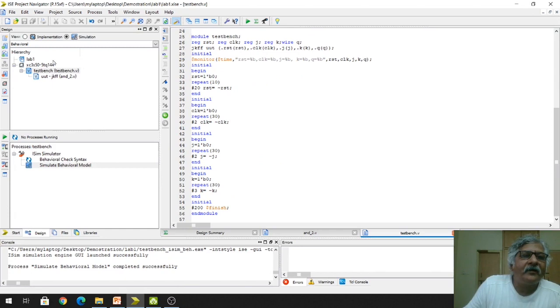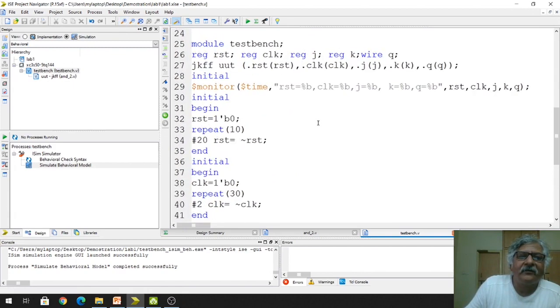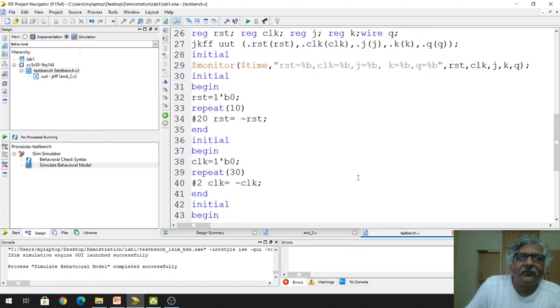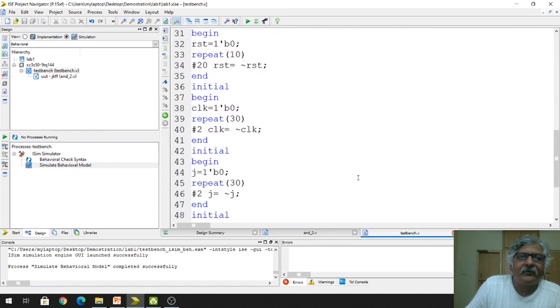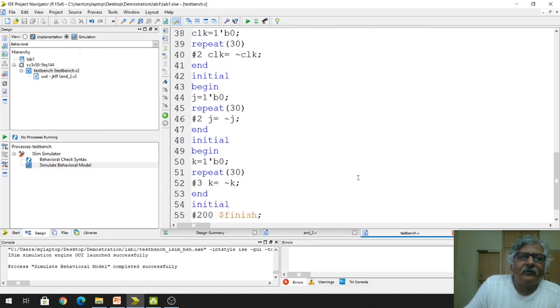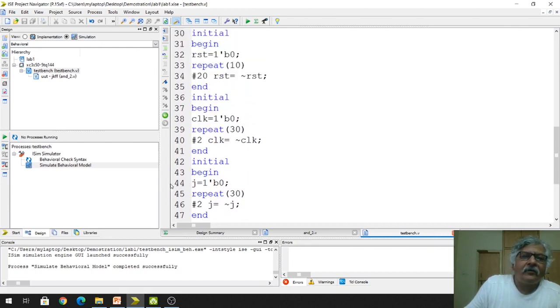How to create the source file of the test bench, in last lecture I explained. You just follow that lecture, you can understand. So this is the test bench code, right? Already we discussed this. Okay. So now I will run this test bench, simulate this.